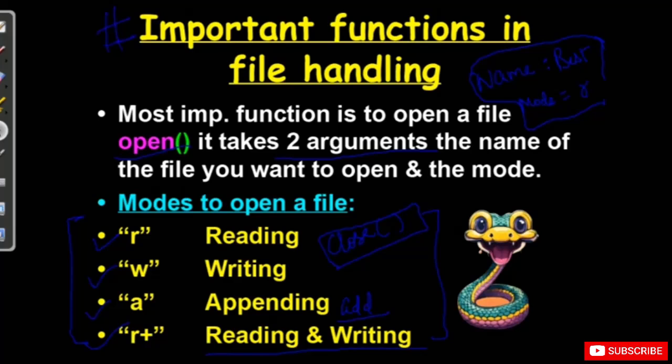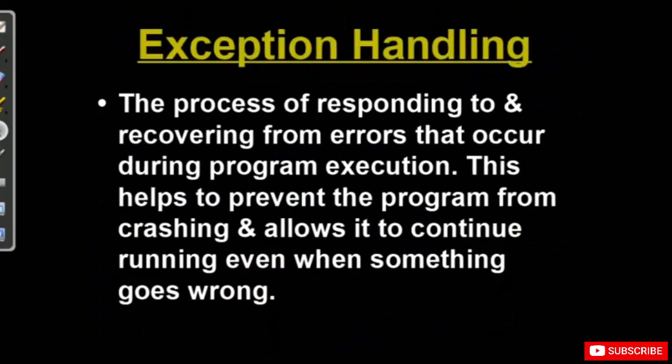Okay. Now, what is exception handling? Well, it is the process of responding and recovering from errors that occur during program execution. The exceptions in your life as a programmer come very often, like in chemistry, where exceptions come very often.